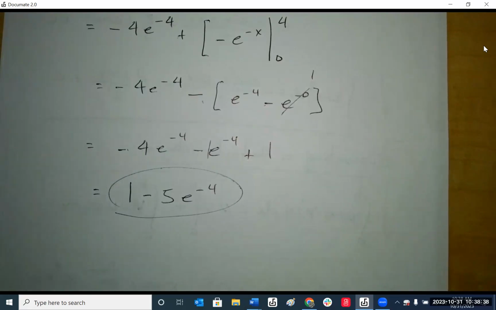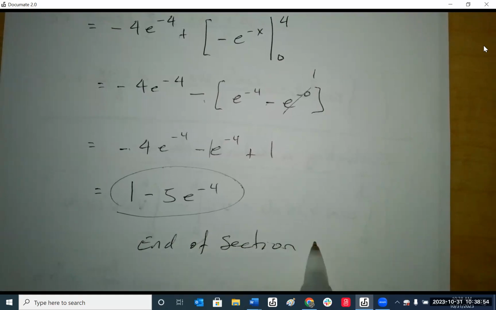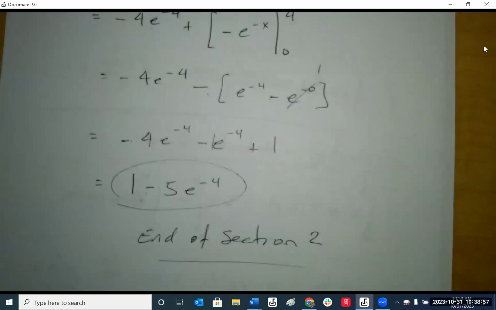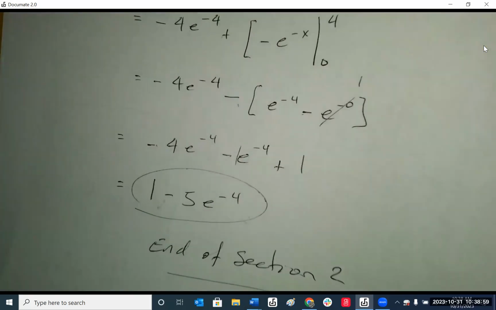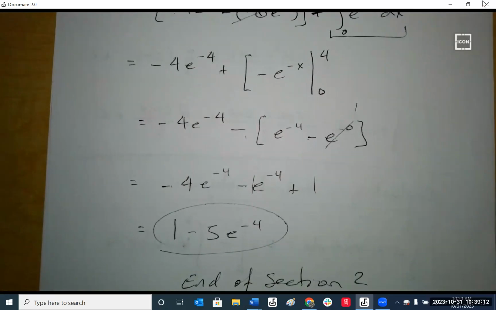These two can combine, so we have 1 minus 5 e^(-4). All right, that does it for the end of section 2. Now section 3. Actually, I'll go ahead and put that there because I'm going to stop this tape here and start